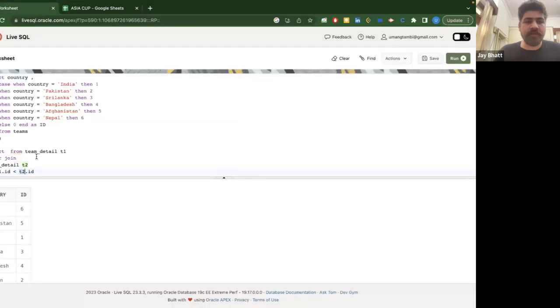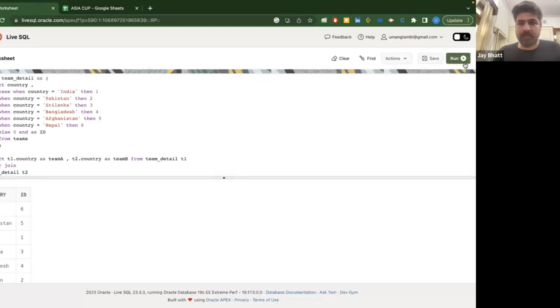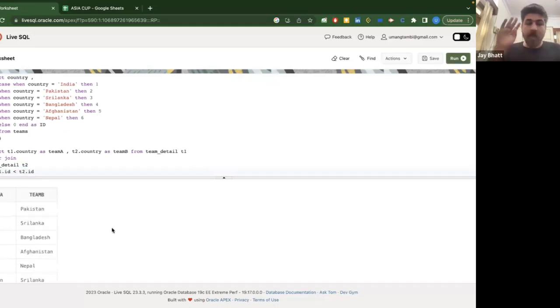So guys, let me select the columns over here: T1.country as team A, comma T2.country as team B. Let me run this part and let's see what happens. Now, if you can see,